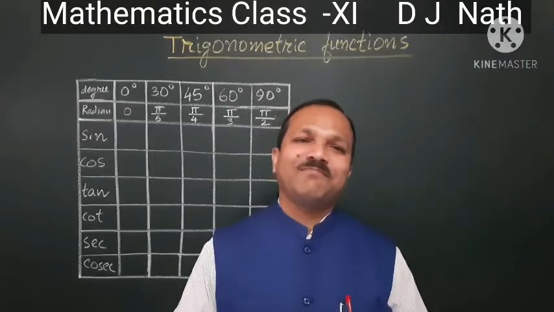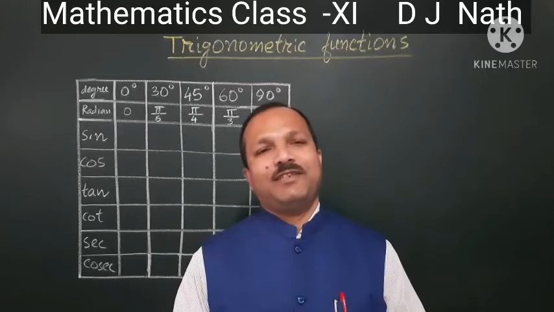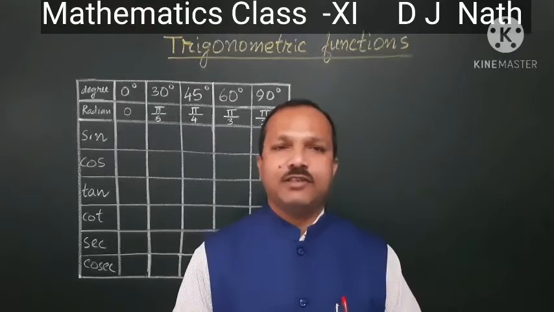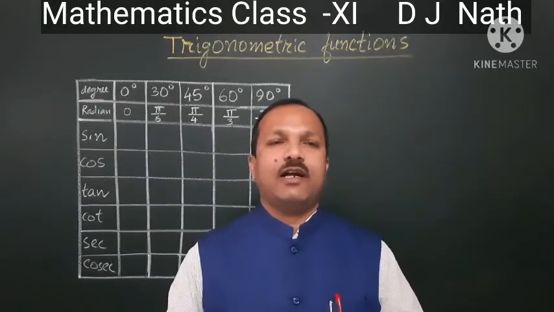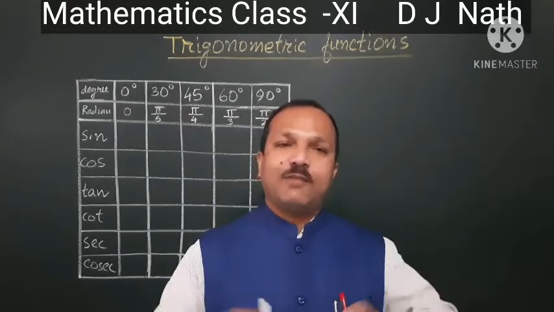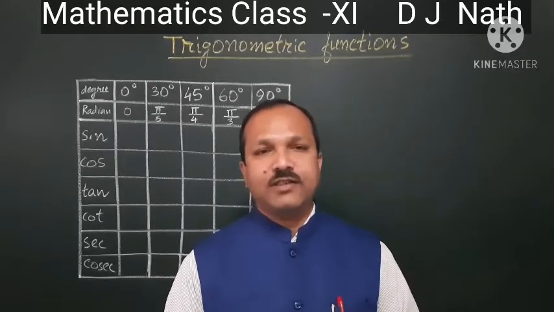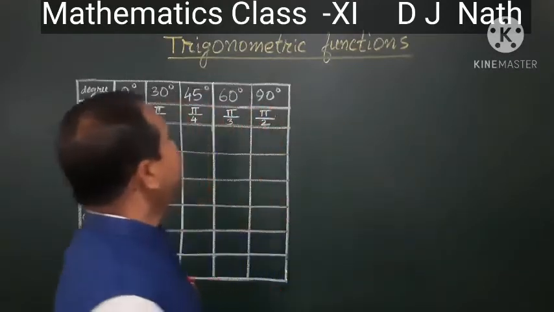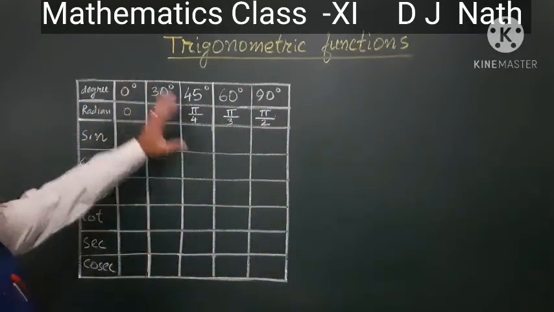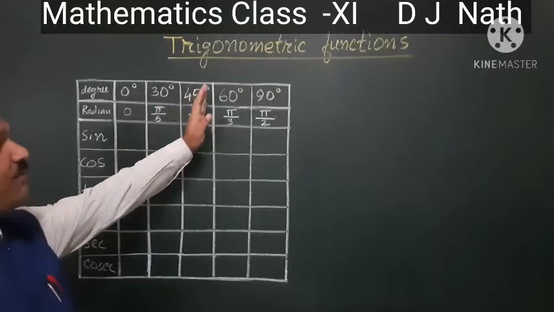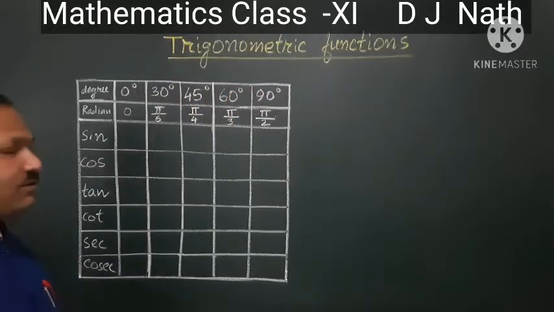Good morning, students. So in the last video we have seen the conversion of trigonometric ratios into the other trigonometric ratios. So in this video we learn about the trigonometric values. In class 10 we have learned some of the values of the trigonometric ratios. So now we will see some more in this video. Just recapitulating, in class 10 we have learned about 0 degree, 30 degree, 45 degree, 60 degree and 90 degree values of the trigonometric ratios.